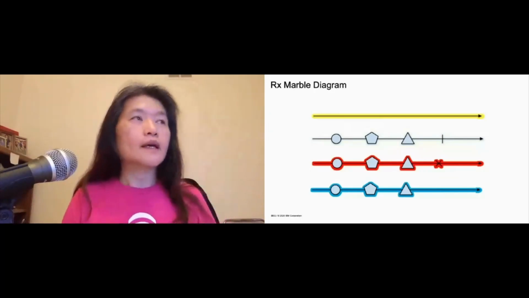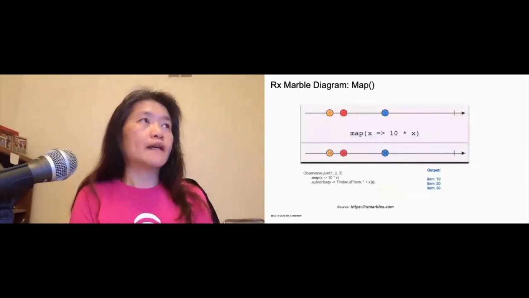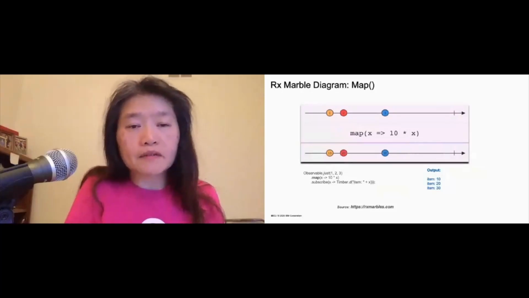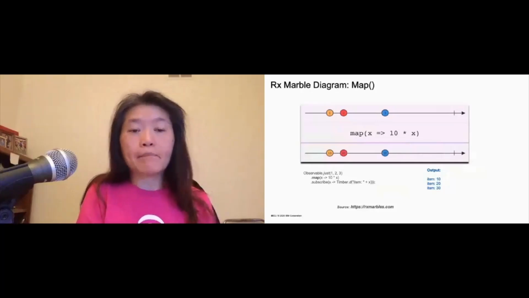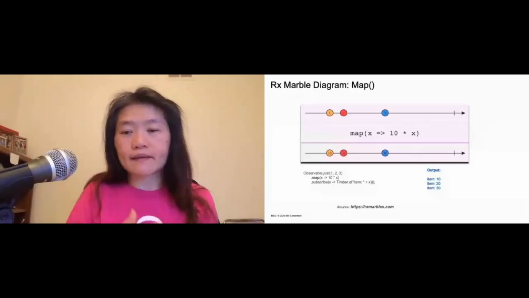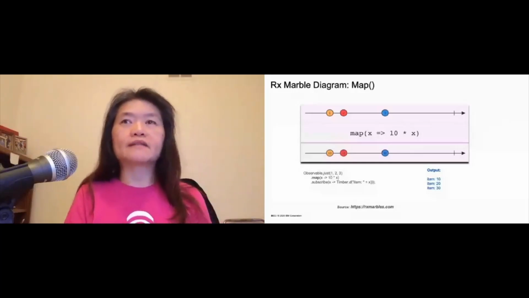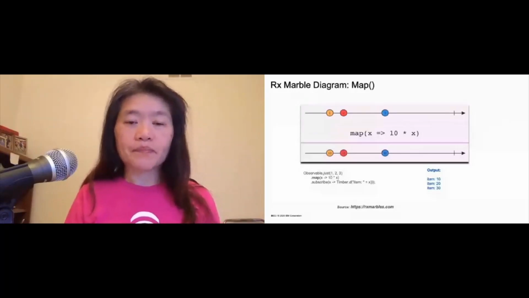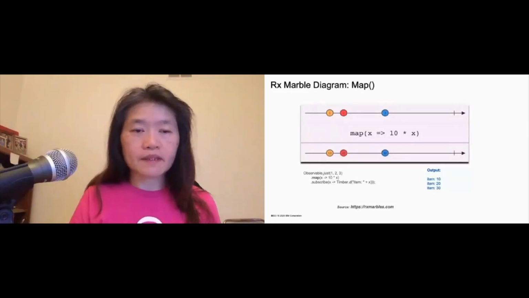Let's take a look at an RxJava example. I'm using a very commonly used transformation operator on a stream, which is map. Map takes a function; think of mathematics, where you define the function, input comes in, and you transform it. In this example, whatever number comes in, we multiply by 10. This is the simplest case.